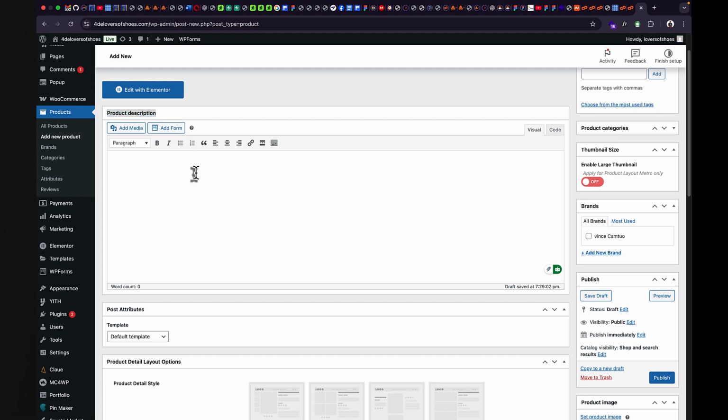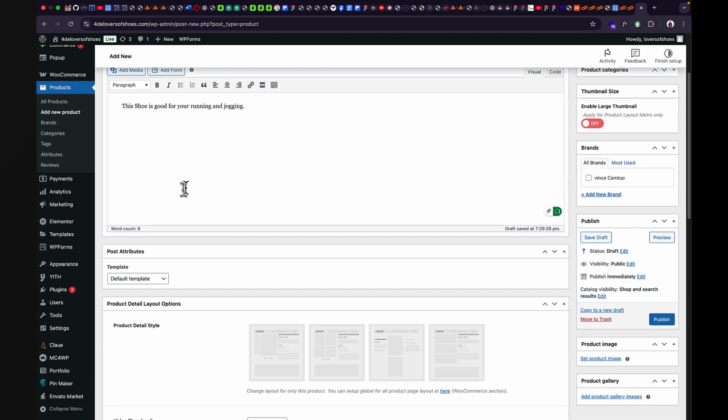That means, is there any description you want to add? Let's say you want to add: this shoe is good for your running and jogging. Okay, let's call it this shoe. Okay, so